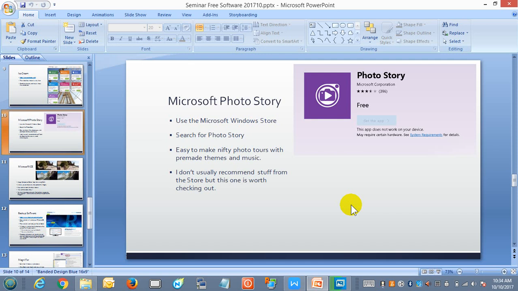It's really kind of cool because you can do the same thing I'm just kind of doing in that ice cream software. But this is a free Windows 10 program, so it's made by Microsoft or one of their publishers. And it's kind of neat because you can put your pictures in there and pick a theme like vacation, and it'll make some cool banners and slides and things for you. It's pretty cool. And it has some canned music that you can put in. So this one's a real neat one to check out. Microsoft Photo Story. There's really no link to it. Like I said, it's just go to the Microsoft store and look for Photo Story. Or as I've said, find a 9-year-old, have them,